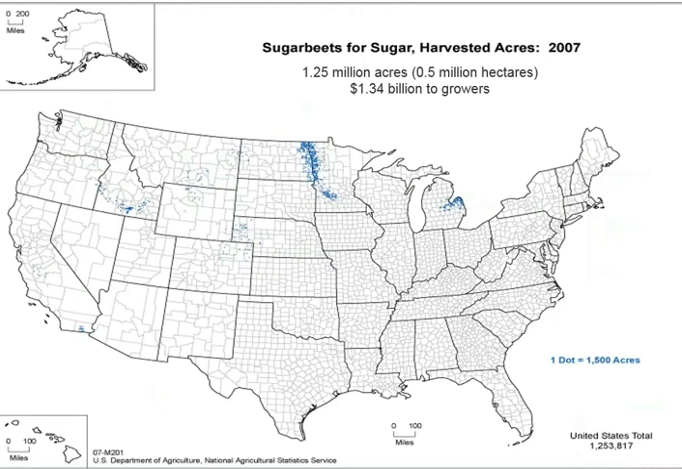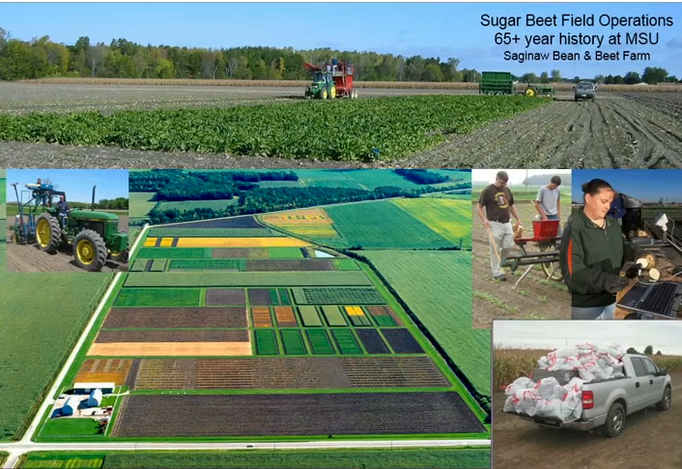And each little blue dot represents 1,500 acres or so. So in total, U.S. 125 million acres, and a worth of about 1.1 and a quarter billion dollars. Okay, so I've been doing this sugar beet research for about 20 years now, and there is a long history